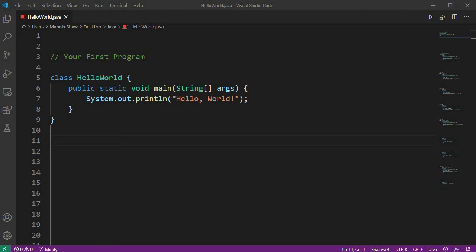So before we get into any program, you need to have some basic knowledge of Java. So first let's talk about that. To better understand, let's take an example of it. Now look at the example. It's a simple Java program that will simply print hello world in the output.